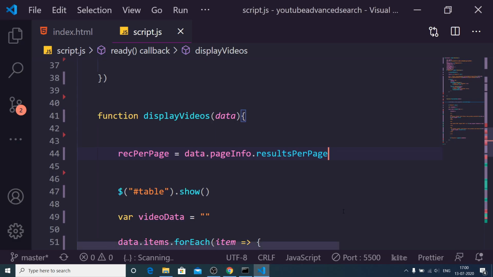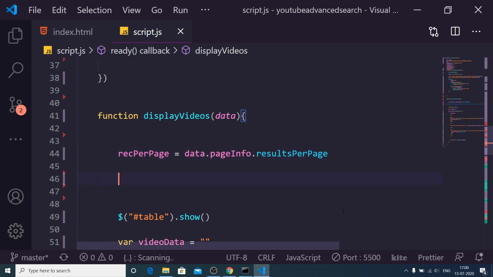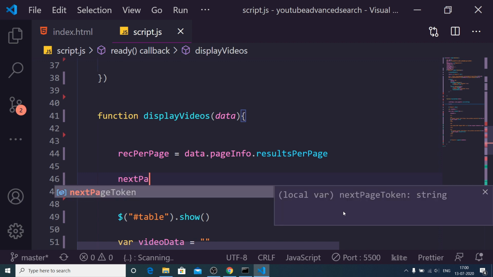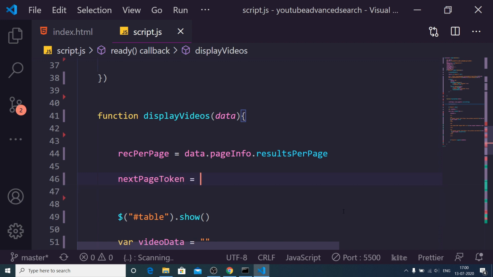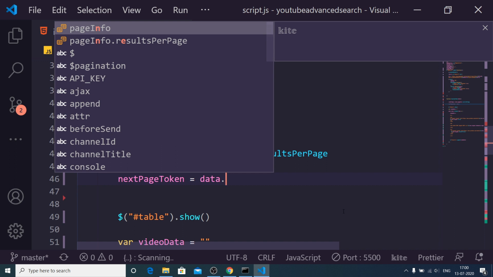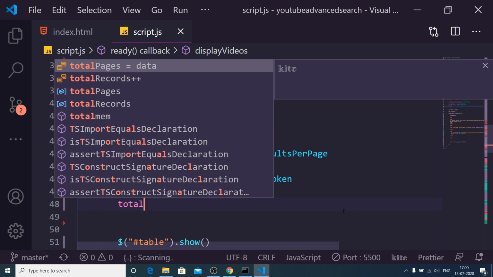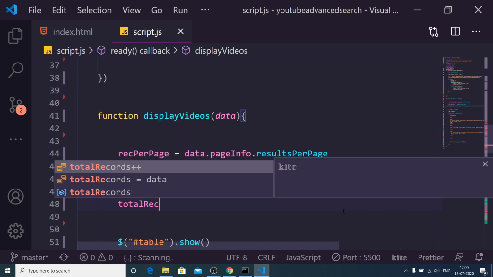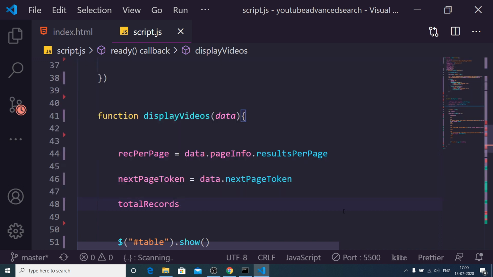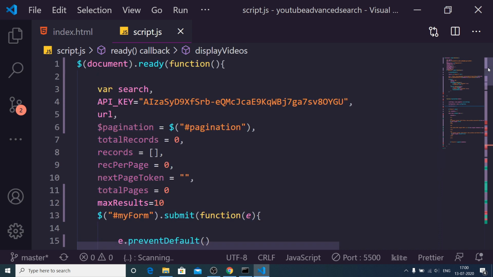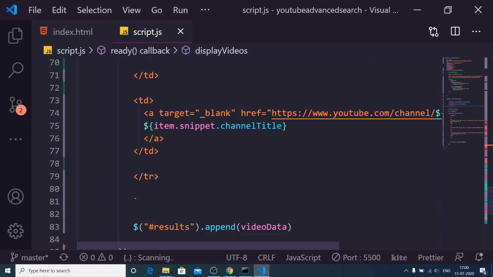So after setting the records per page, we will have the next page token property. This is also there inside data dot next page token, and after this we will have the total number of records, total records. I think I have made this variable or not. Let me see. Yes, total records, we have made this variable.